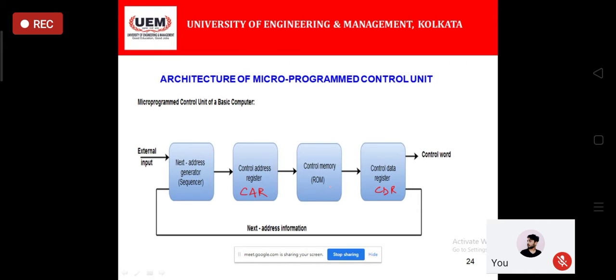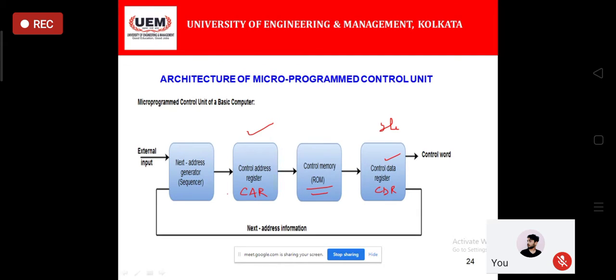And if you think of the next one, that is the CDR, you have seen here, this is the CDR, and the CDR is going to store the data that is fetched from the memory. So it is given there in the next slide. It is going to store the data, and it is going to store the address, and it is going to store the instruction.